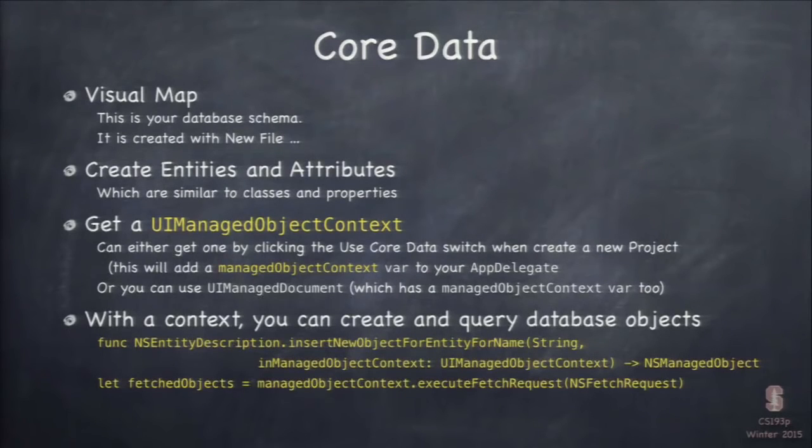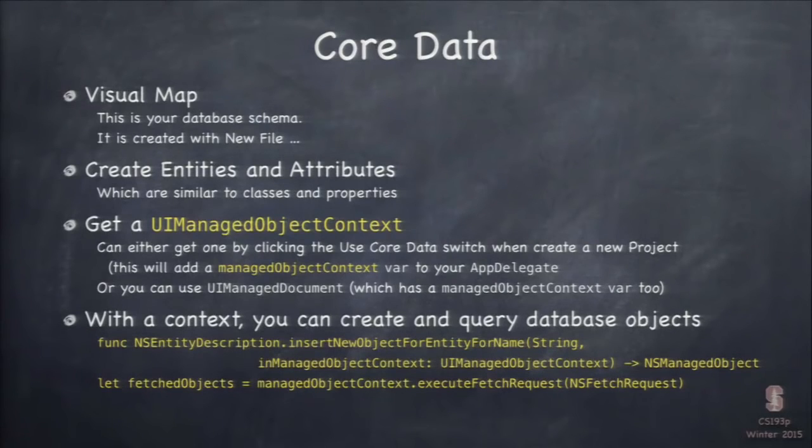All right, so once you have this context, the handle on this Core Data database, you can create objects. You do that with this NSEntityDescription class method called insertNewObject forEntityName. You're basically just specifying the name of the table, which is like a class, and you give it the managed object context. And it will create a new instance, okay, a new row in that table, to use the database terminology,